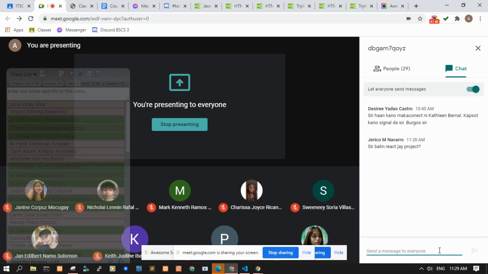So, from their class kanina sa CS3, they were asking if it's multiple pages for the midterm project. Yes, it should be multiple pages depending on your target project for the finals. Let's say, for example, you are planning to build an e-commerce.